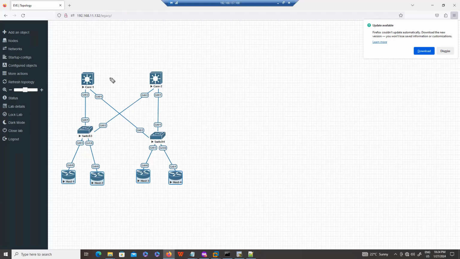These days, it depends on the company size. Most of the companies where I work, I see only this design, core and access. Again, it depends on your company size. Maybe in the company where you are working, you have a large number of end users, and maybe you are using a 3-layer architecture, with distribution and then the access layer. Here, as I told you, I haven't done any configuration.